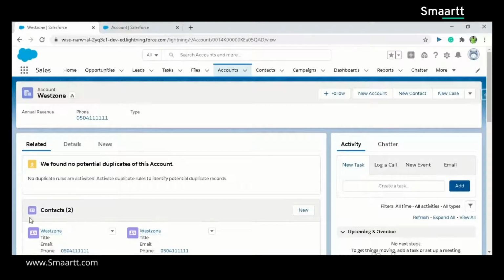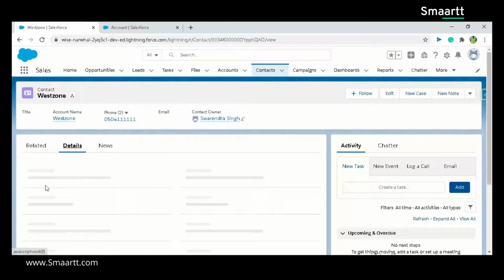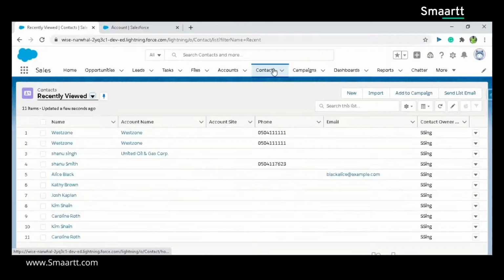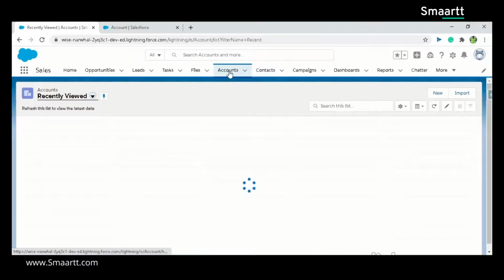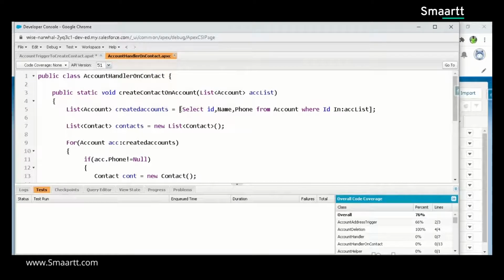related part. When you see here contact, it means that in this contact you have mentioned the account name. See here. So what I'm going to do is create a contact and give the account ID into this contact section. Okay, let me go back to my code and let me explain this. Select ID, name. How do you know that it's phone or name?